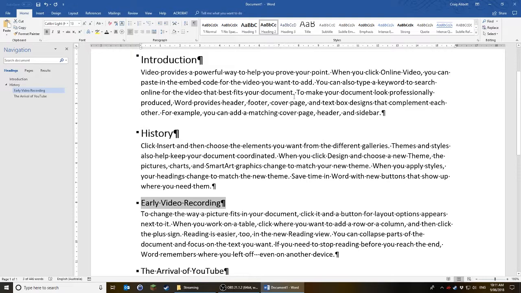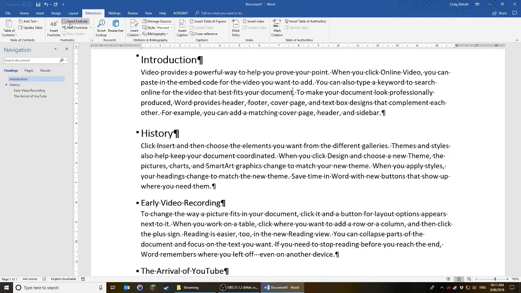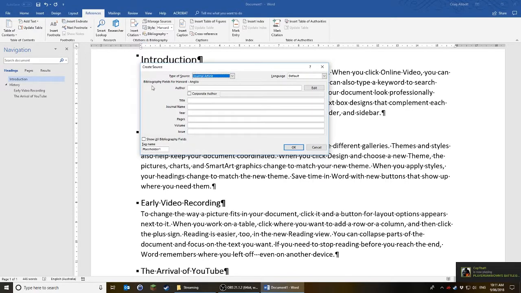Now, while I'm writing my document, it's obviously being a university level assignment, I'm going to need to have citations. So I'll put a citation in here, and within Word we have the References tab. Within References I can insert a citation. This is my first one here, so I'm going to add a new source, and we'll pick out a journal article, and the author will be Fred Bloggs, so Bloggs, Fred, and he's written a journal on history